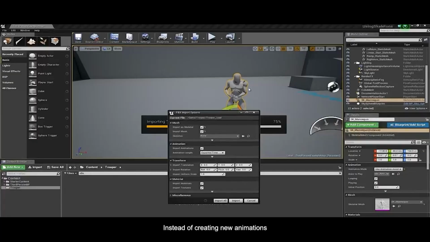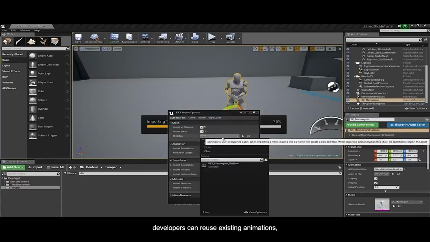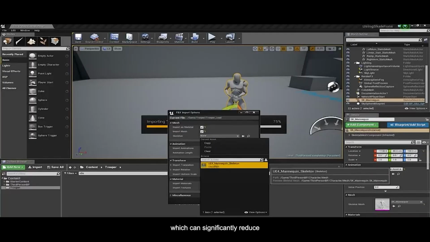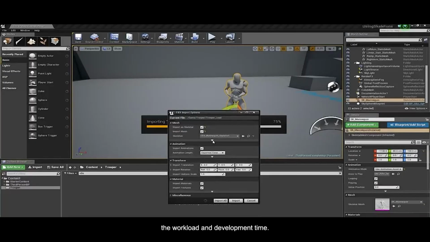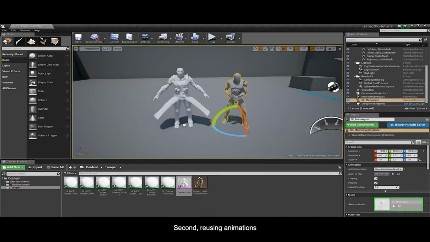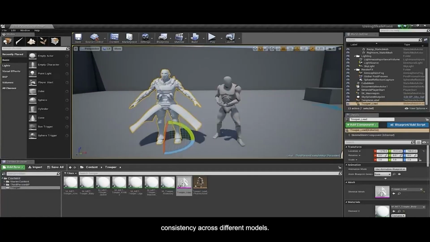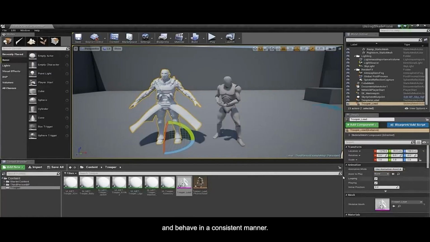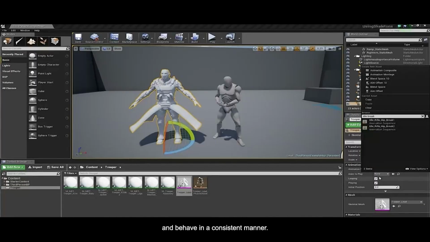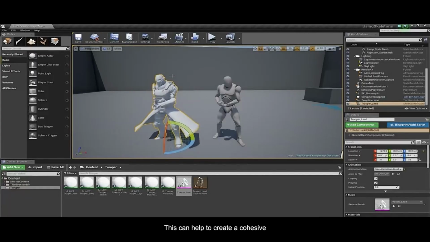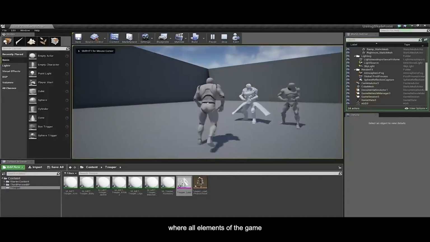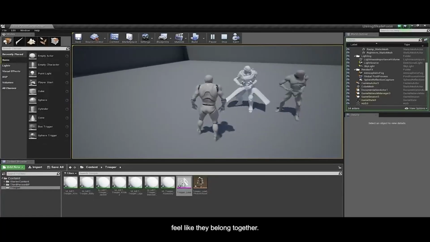Instead of creating new animations for each model, developers can reuse existing animations, which can significantly reduce the workload and development time. Second, reusing animations can help to ensure consistency across different models. If all models in the game use the same animation data, they will all move and behave in a consistent manner. This can help to create a cohesive game experience where all elements of the game feel like they belong